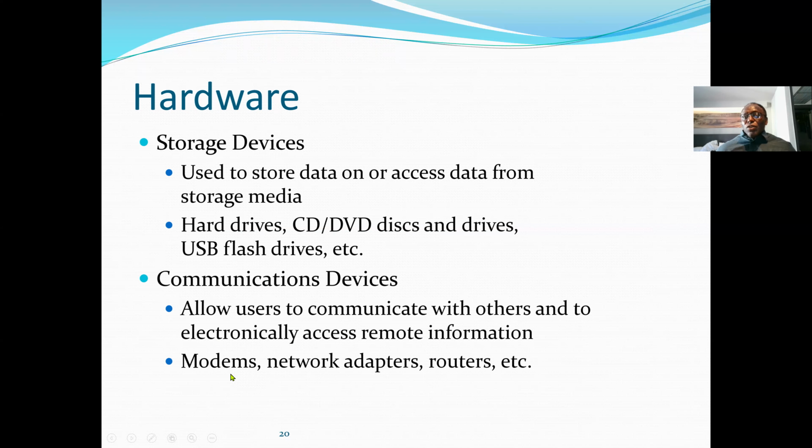Modems: normally if two computers are going to communicate using a telephone line, then we need a modem, because in the telephone line the signal has to be audio, but with computers the signal has to be digital. So a modem will transform a digital signal to analog to go through the telephone line. Then at the receiving end, another modem will transform the signal from analog to digital so that the receiving computer can understand. Network adapters make it possible for us to connect two or more computers together.